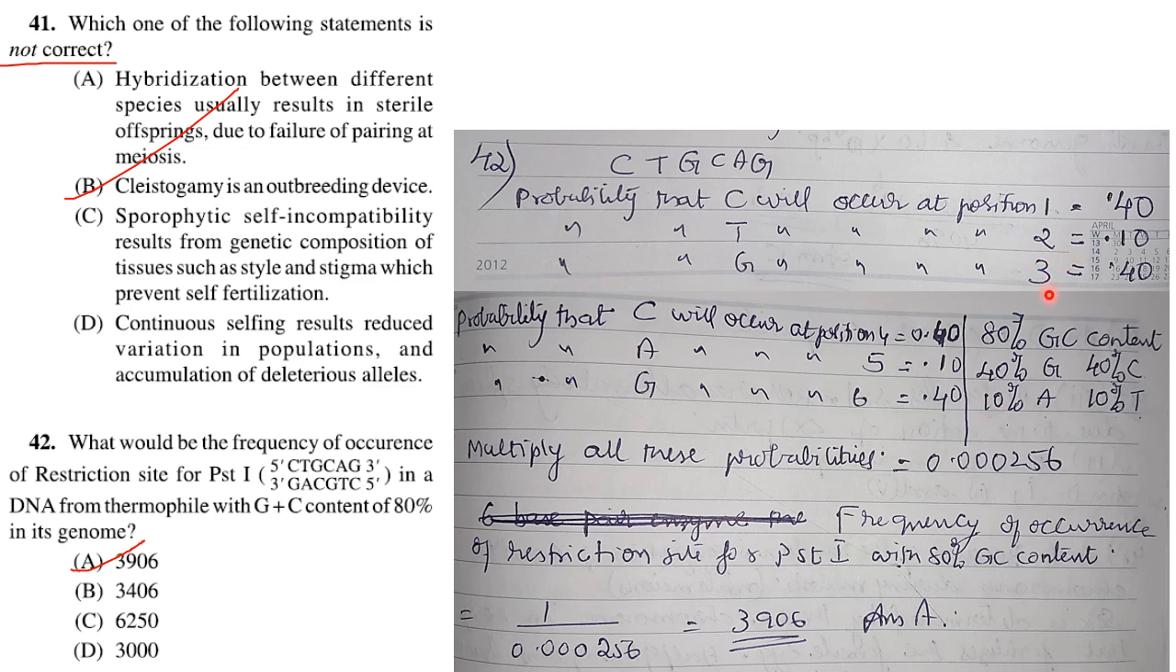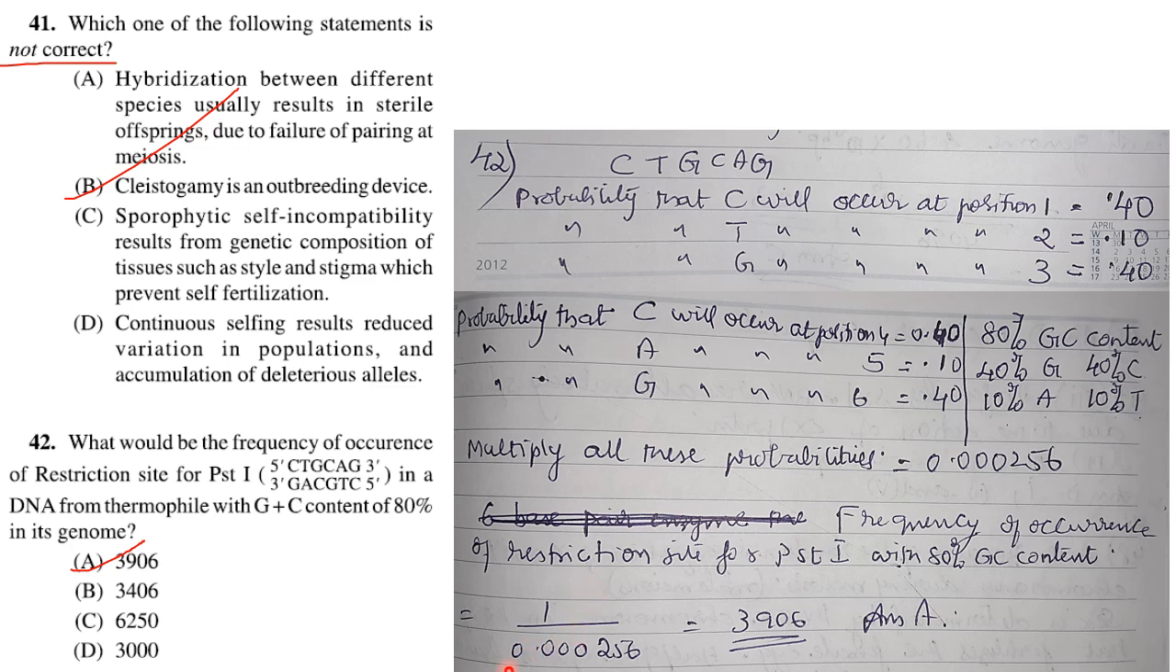Then G will occur at position 3 is again 0.4. C will occur at position 4 is 0.4. A will occur at position 5 is 0.1. And T will occur at position 6 is 0.4. So multiply all these probabilities and you will get 0.000256. Now frequency of occurrence of the restriction site for PST1 with 80% GC content is